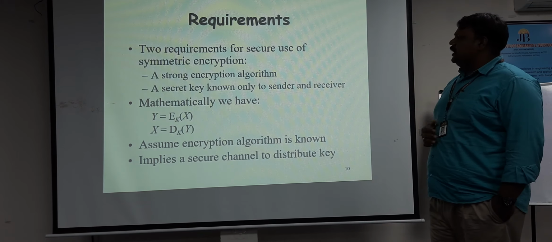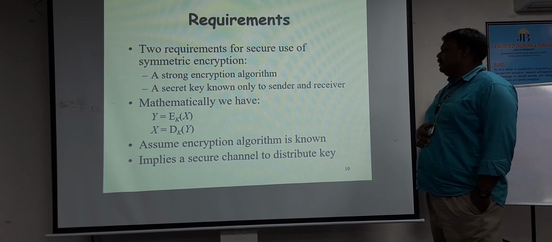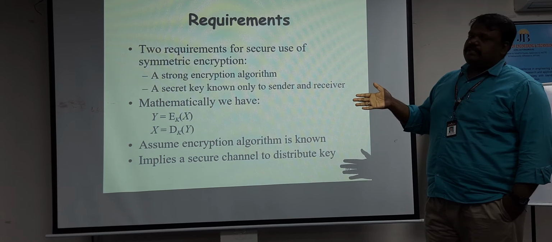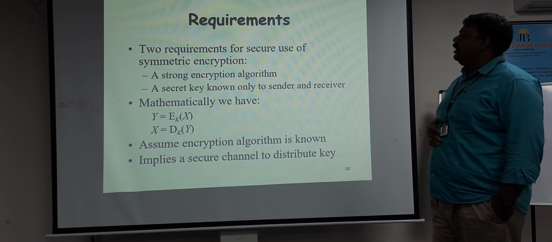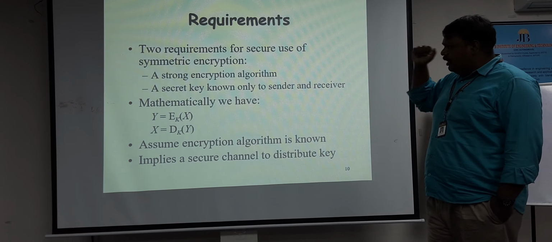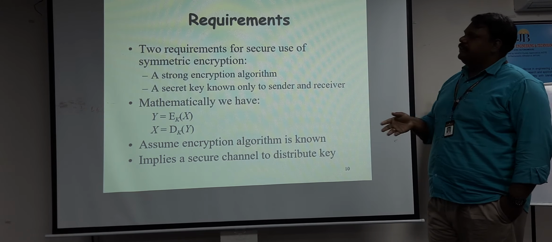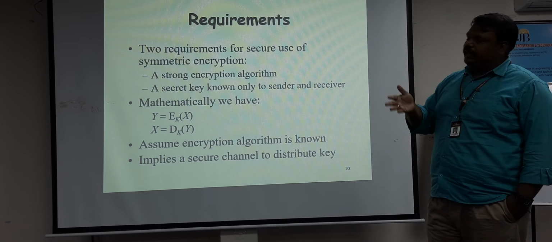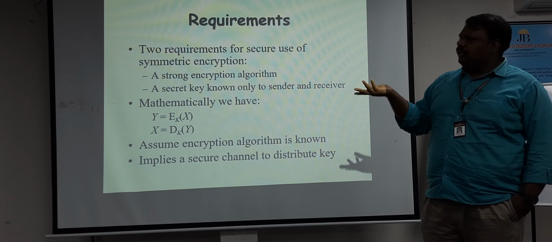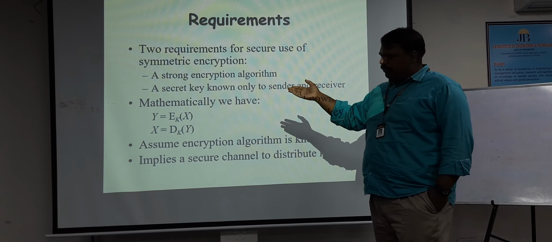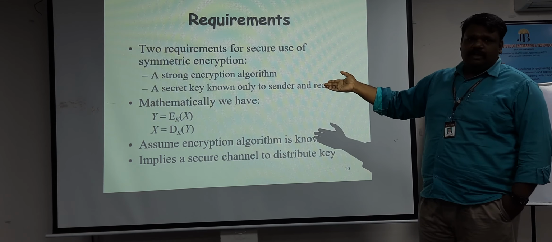So these are the various requirements for the symmetric encryption method. We need to convert plain text to ciphertext first, then ciphertext to plain text. That's the operation that needs to be performed. So we need an algorithm which defines how this works, and a key to convert the plain text to the ciphertext, and again the ciphertext to the plain text. Mathematically we define it as y equals E_k of x, then x equals D_k of y.